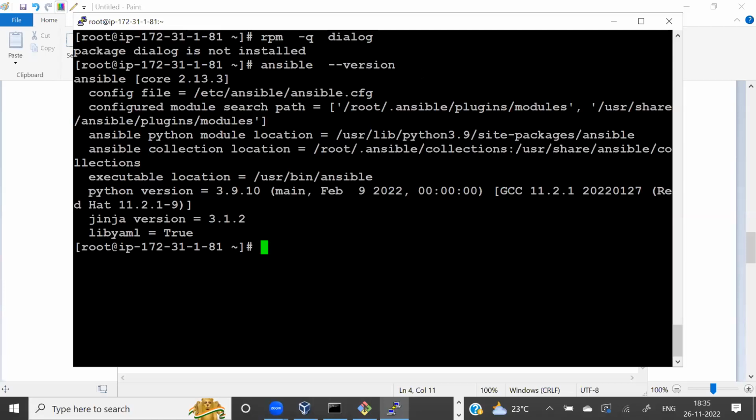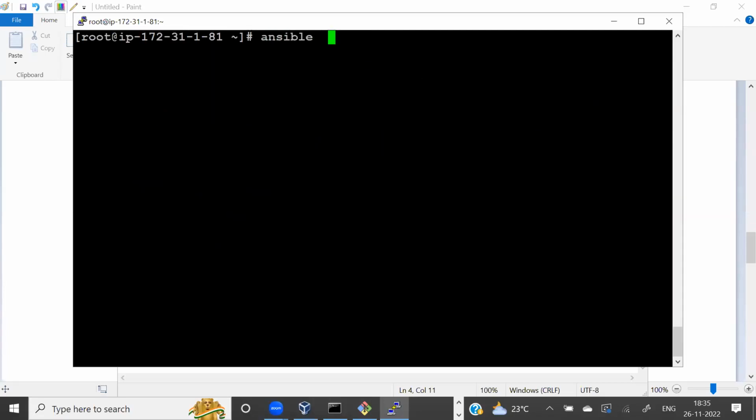Now, what can we do? We can tell Ansible, you are the intelligent tool. What I want from you: we have a software named Dialog, and I want this software to be installed. This is my requirement. It is more like declaring, I want you to install it. I don't know which OS we are working on right now. It is your duty and responsibility to go inside, find out, and install the software for me.